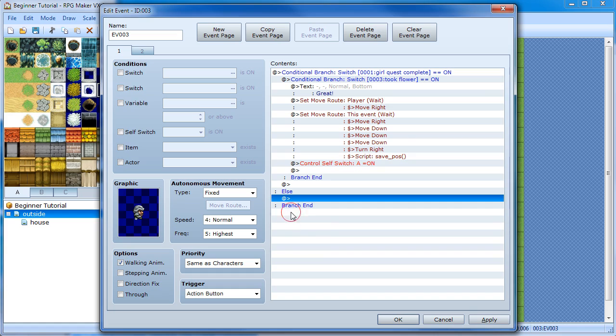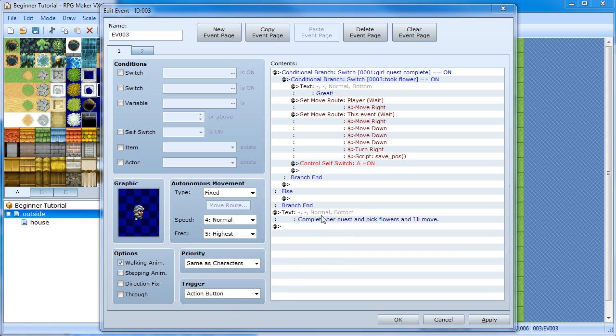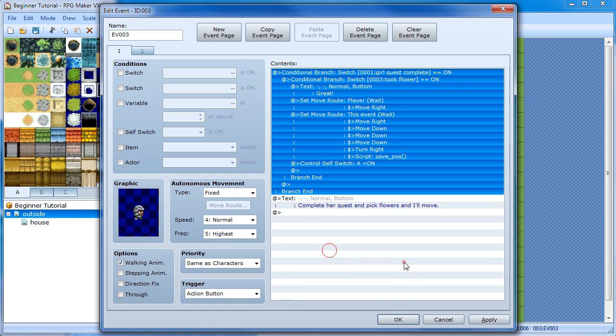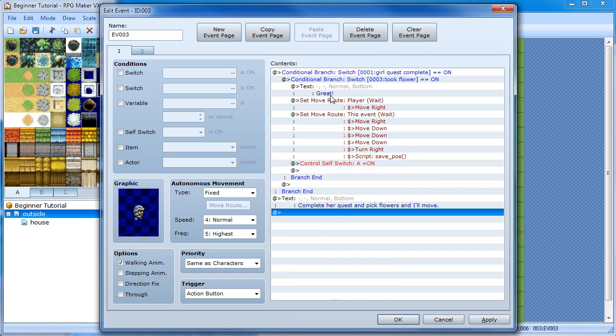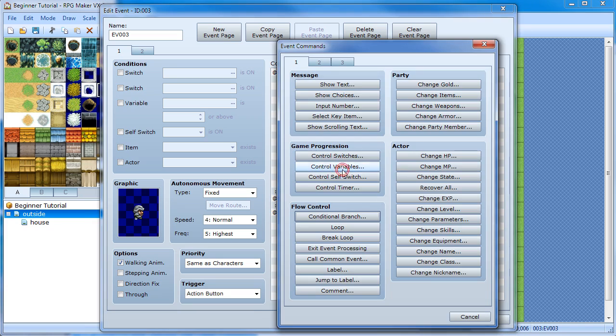You know what we can do? We can move this to the bottom. But if we move it just to the bottom, and actually I'll just get rid of that else condition here, even if we complete all this stuff, because it's outside of the condition, it's still going to hit this and say it. So even after we've completed both, the first time we do it, he'll say that, and that's not going to make any sense. So what we can do here after we set the self switch is we can use a